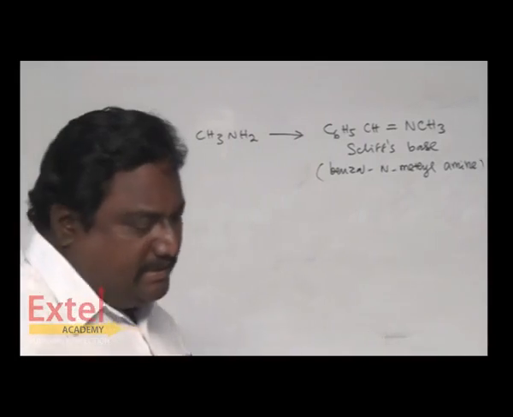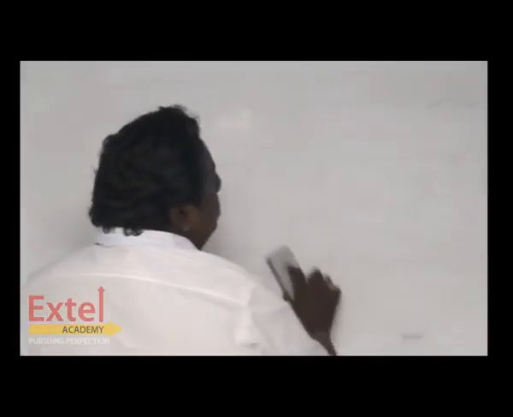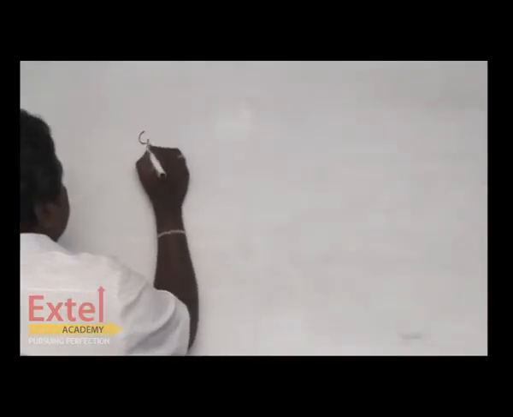So far we have seen aliphatic amines. Now let's go to aromatic amines. C6H5